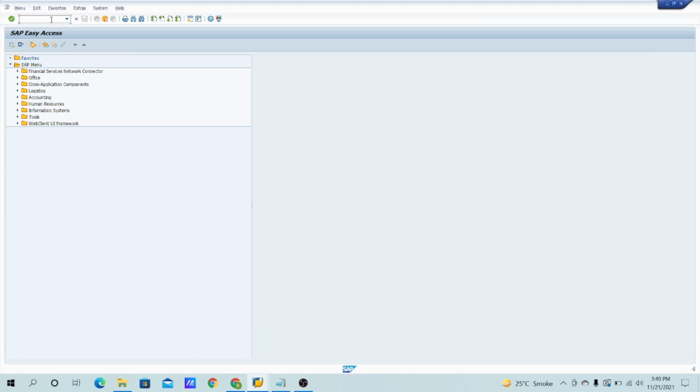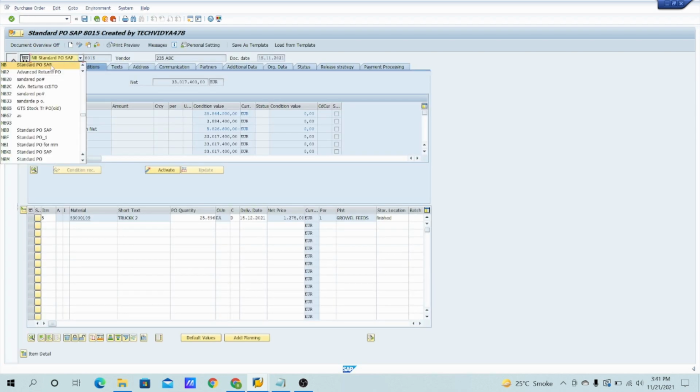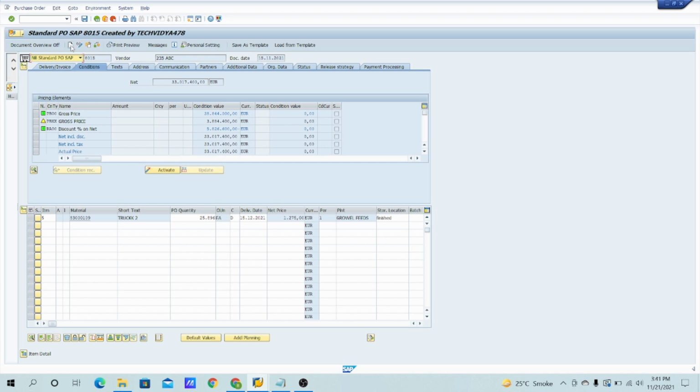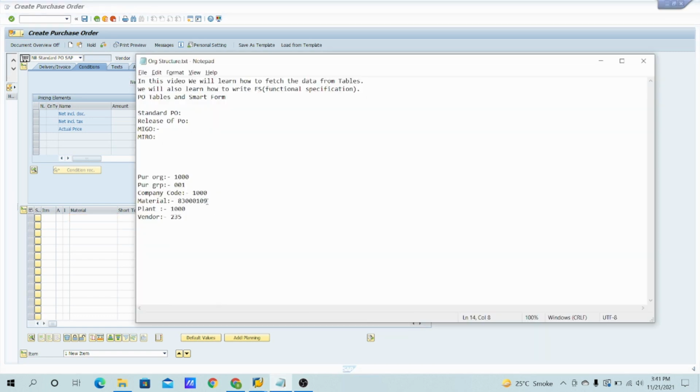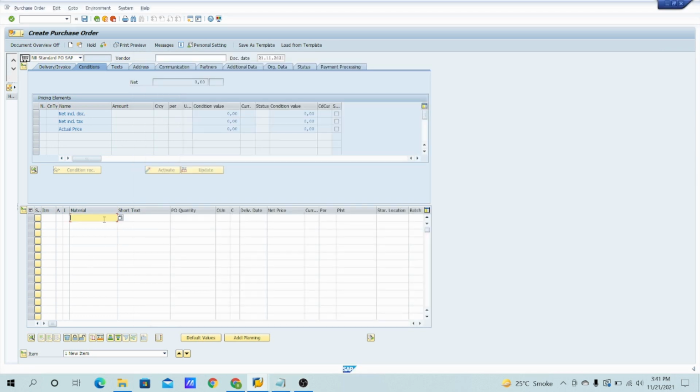So first of all, to create the PO, we have the T code ME21N, but here we have to create a new standard PO. The same material which I have shown you over here I will use, because for this company I have made only one material,